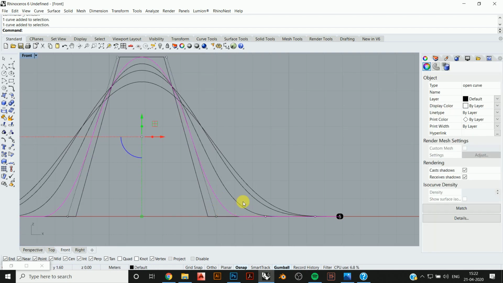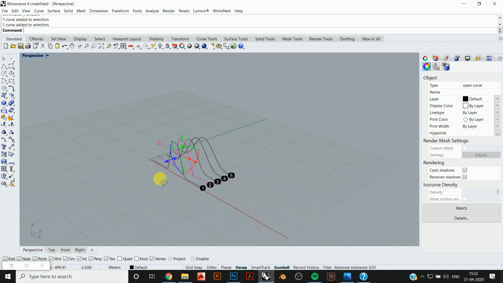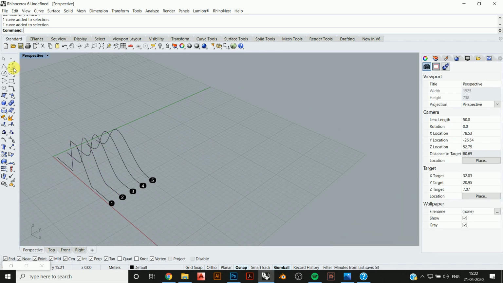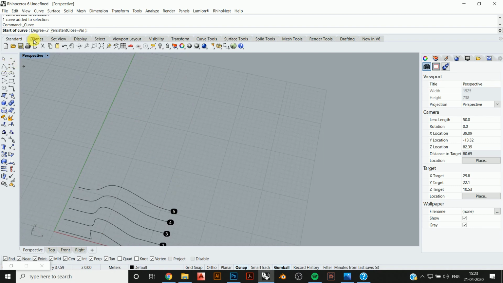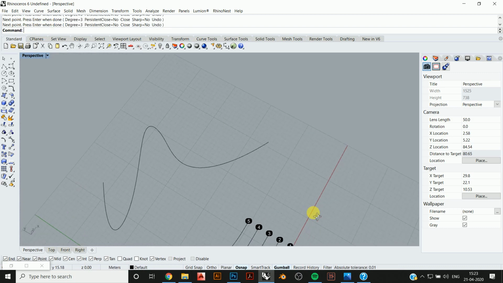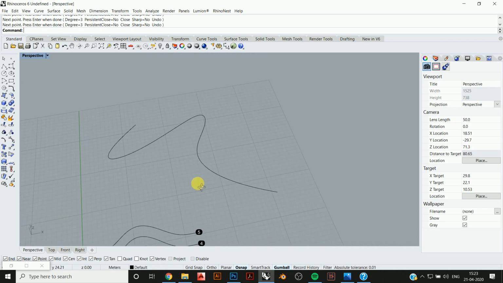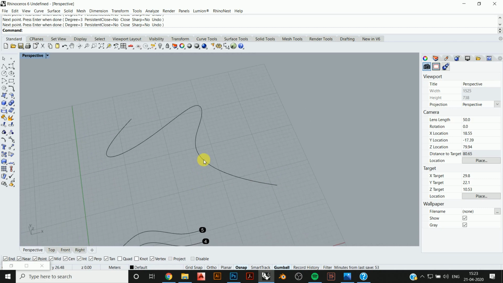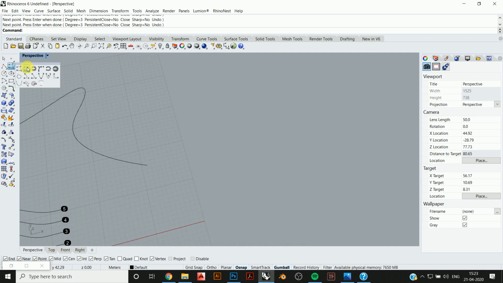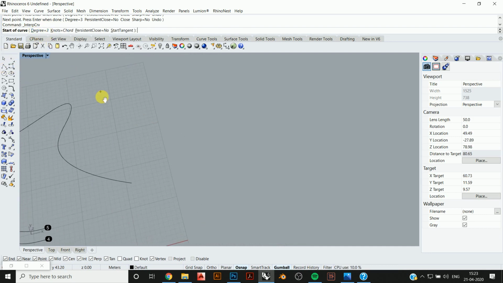So how does this curvature actually affect things? When you use the Control Point Curve command and go inside, these are all the types of curves you get. If you click Control Point Curve, you'll get degree 3. Rhino actually gives a default degree 3 when you are using any curve, and the interpolate curve also says degree 3, it's the default.